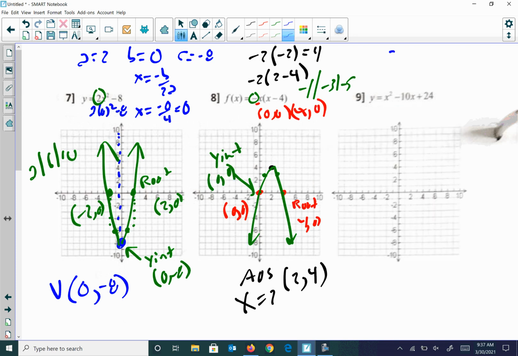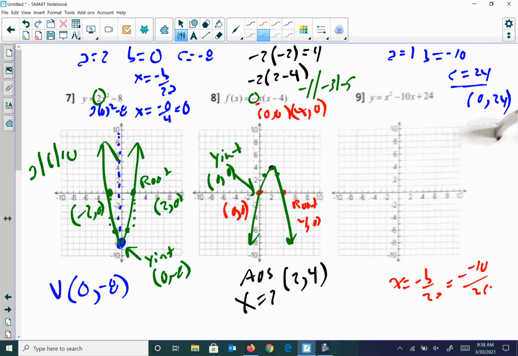Next problem, our a value is 1, our b value is negative 10, our c value is 24. So my y-intercept would be at 0 comma 24, so that's way off the graph. Okay, but my axis of symmetry is negative b over 2a, so I'm going to get negative 10 over 2 times 1. So that's going to give me 10 over 2, which is 5. So at 5 over here,